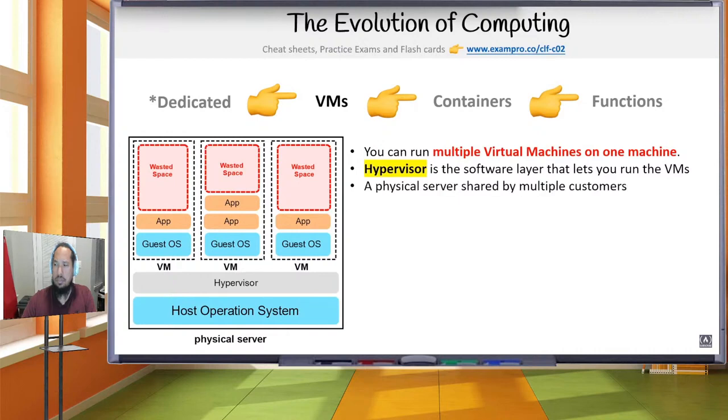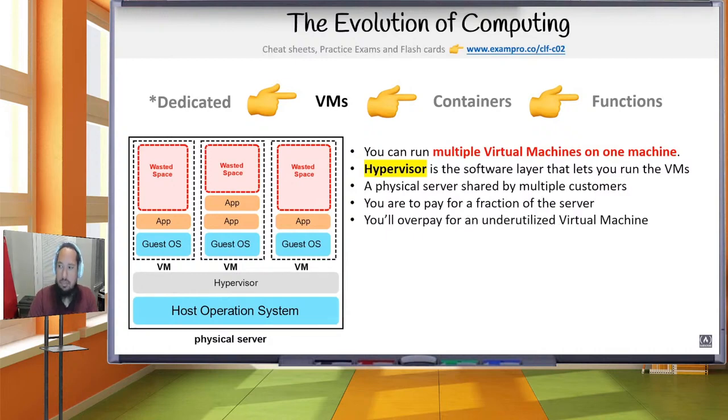And the idea here is now it's multi-tenant. You can share the cost with multiple customers. You're paying for a fraction of the server. You'll still end up overpaying for the underutilized virtual machine because you still have to say how many vCPUs, how much memory, and your app, you don't want an app that uses 100%, right? You want to use exactly the amount you need, but you can see here, there's still going to be some underutilization. You are limited by the guest operating system, but now it's virtualized, so at least it's very easy